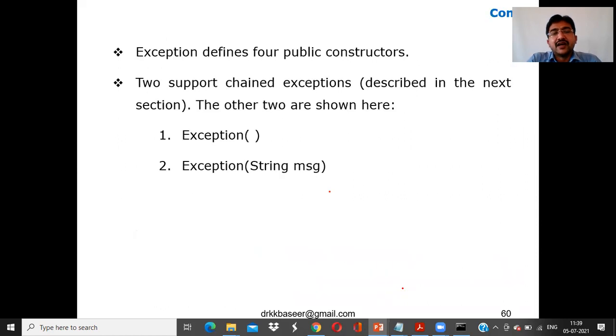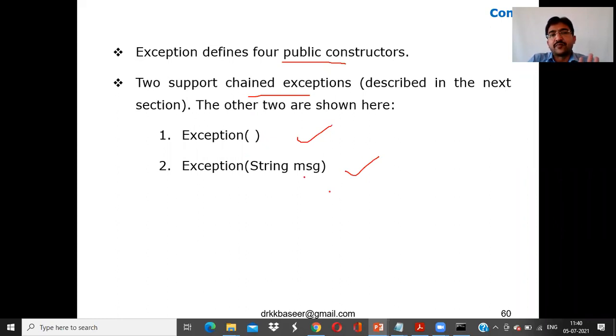Before that, when we want to define exceptions, we require 4 public constructors. Two support chained exceptions, which we'll discuss in the next section. The other two are the exception with 0 parameters and the exception with 1 parameter, which is a string message.